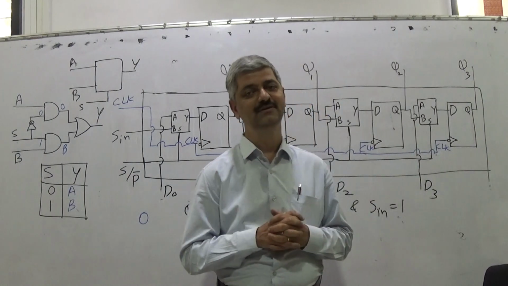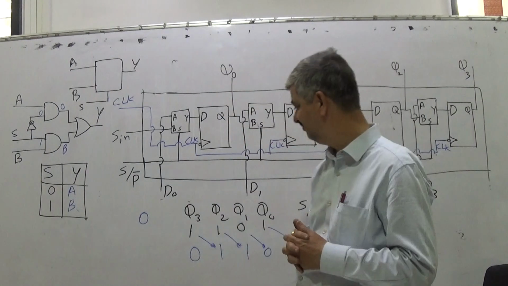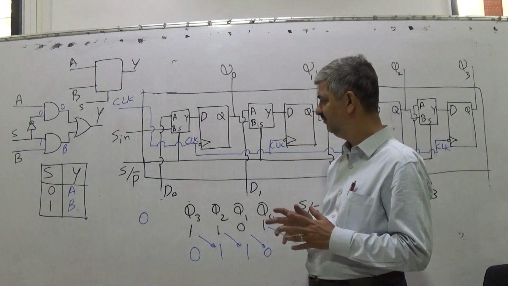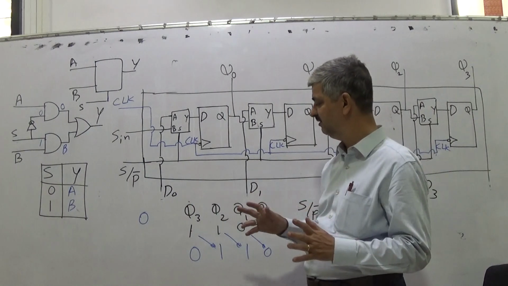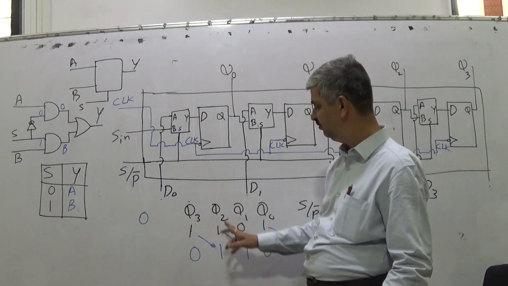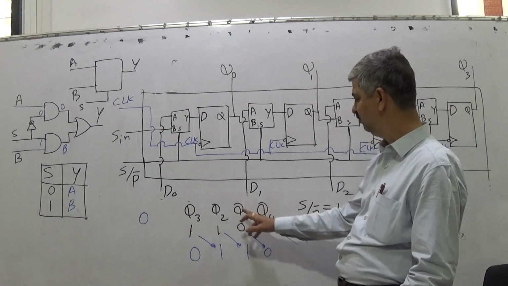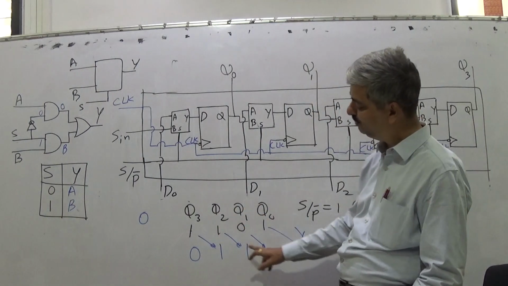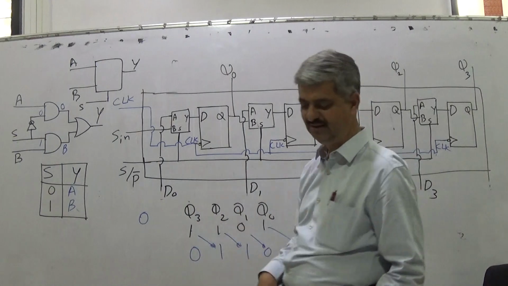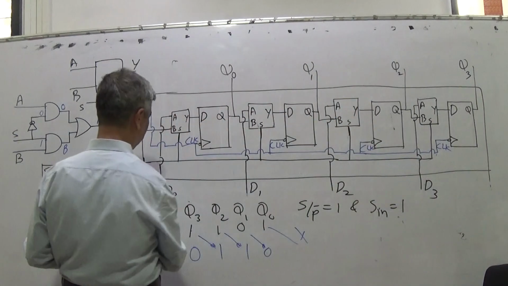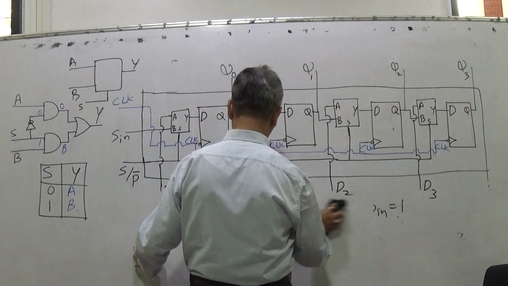Okay. So what we have: I want Q3 to come at Q2, Q2 to come at Q1, Q1 to come at Q0, and a new thing I should be able to add at Q3. It is very simple. So what I will do, I will select